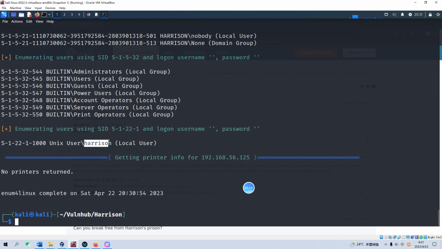We have already got the username Harrison, so because we have the username and the private key, we can log in, right? SSH